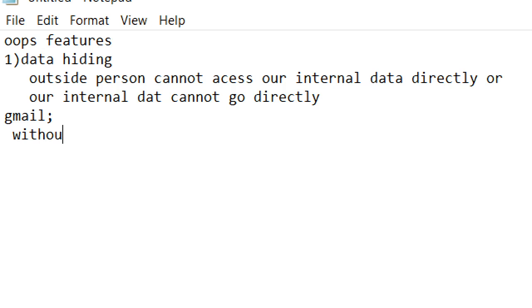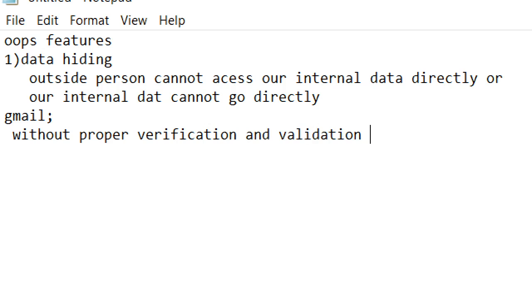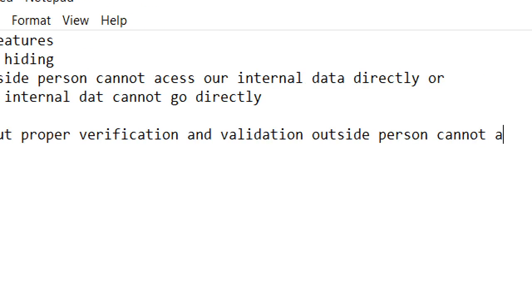Without validation, an outside person cannot access our data directly.